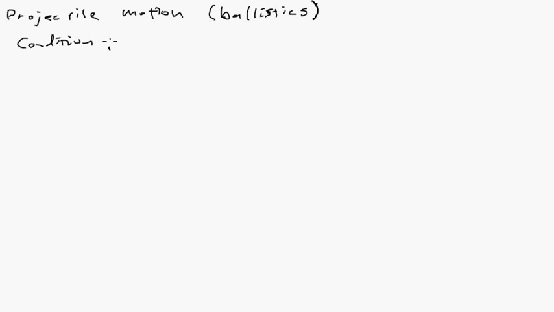So projectile motion, the condition that has to be satisfied in order to have projectile motion or ballistic motion is that the magnitude of the acceleration vector has to equal g, and it has to be constant. And all that really means is that you have a gravity field that's accelerating everything towards it, or everything downwards, at some specified rate g. On Earth,